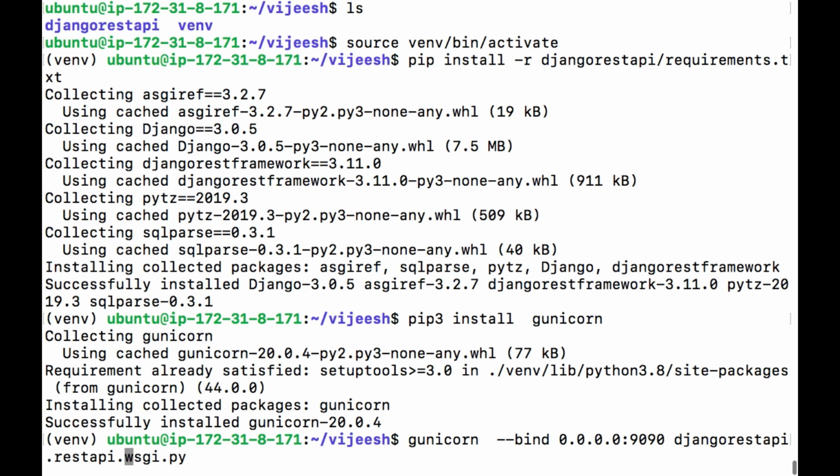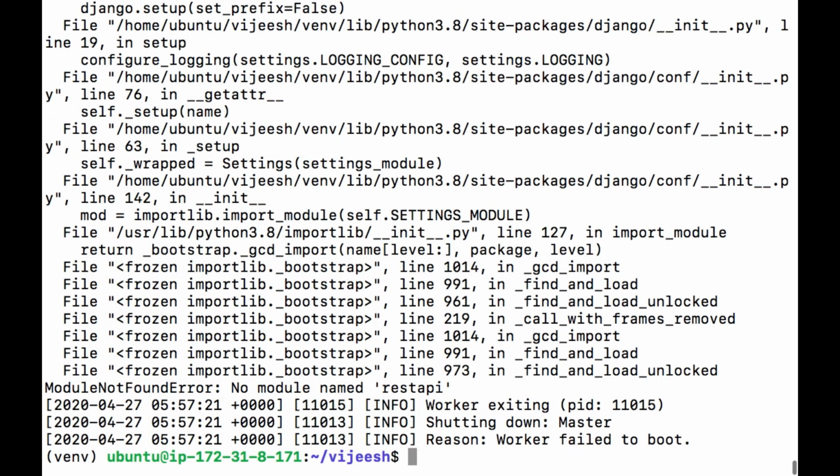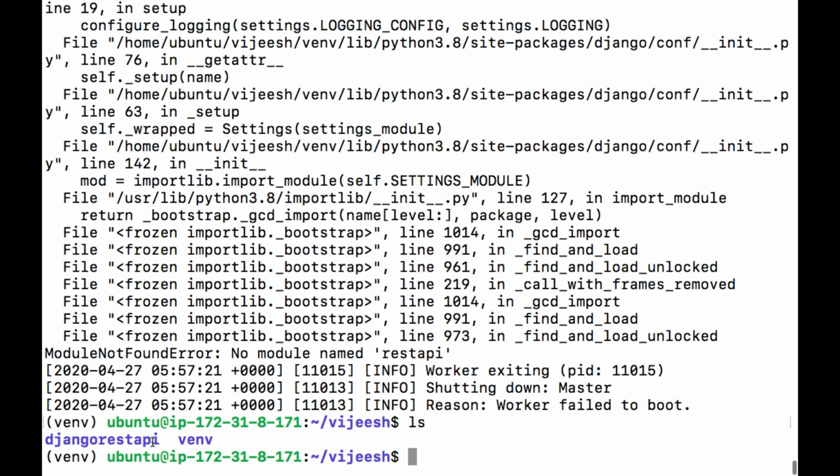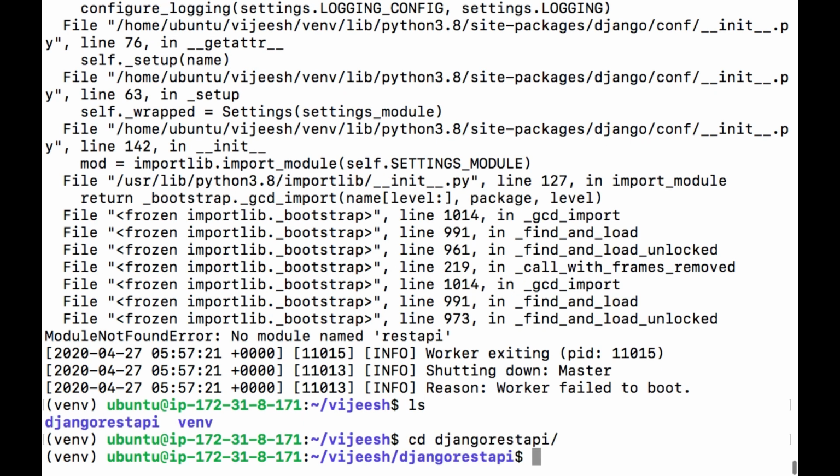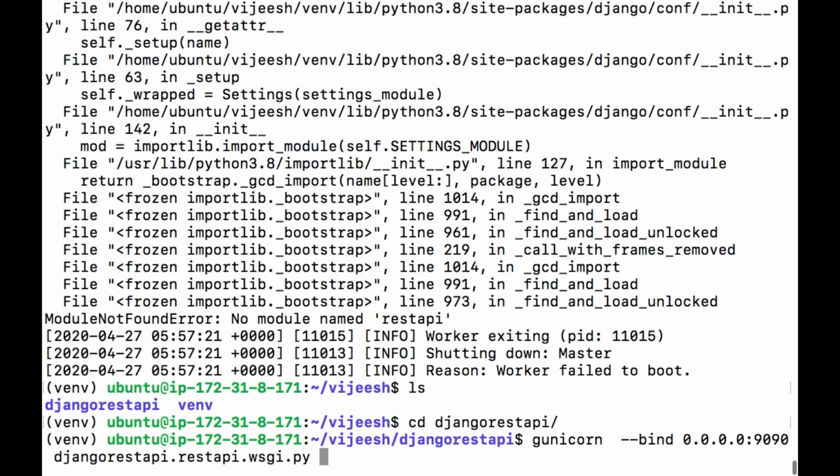This is the path. Okay, so it is giving some error. So actually we need to go inside. Currently I am outside Django REST API. I am going inside the Django REST API. Now executing the same command, gunicorn --bind with the port.